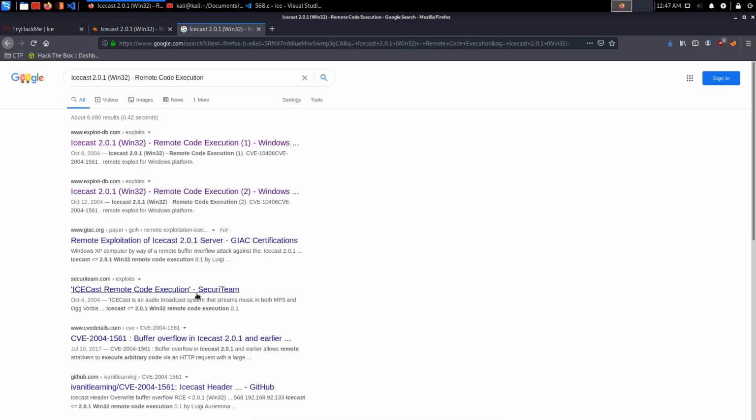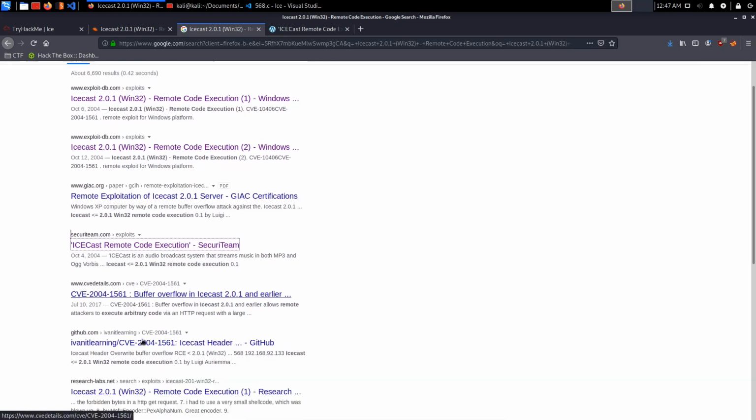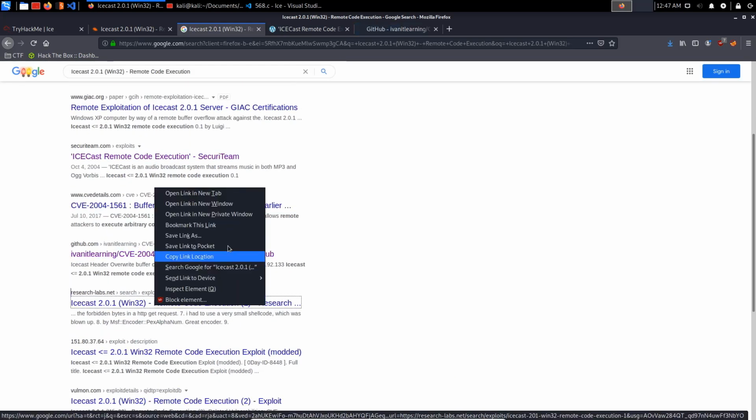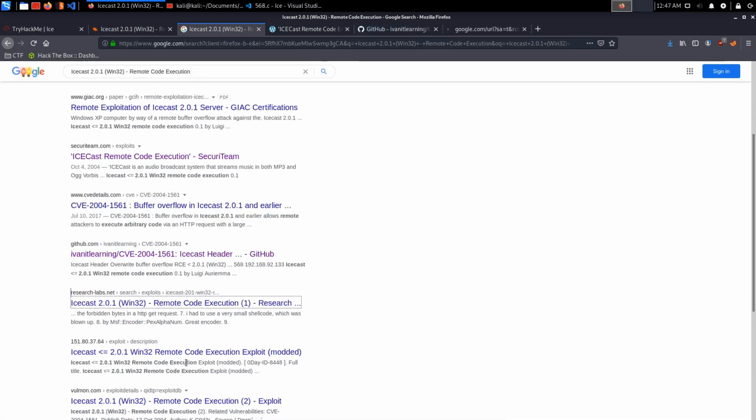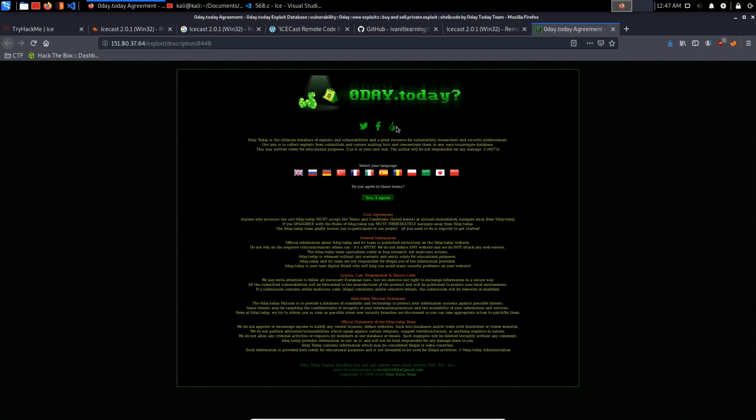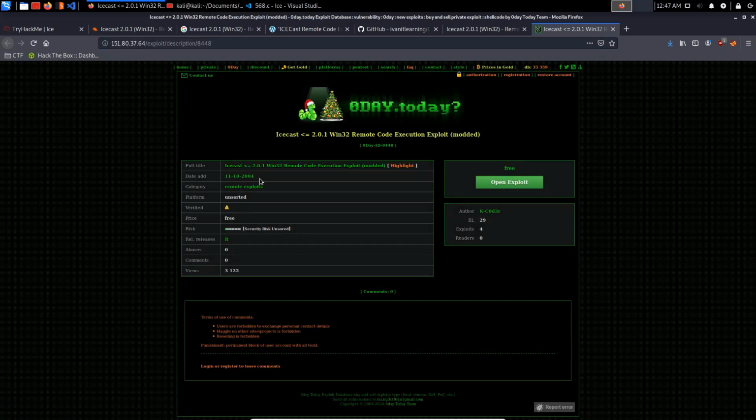So it looks like, let's check this out. That was posted in October 2004. And then there's the CVE details, and here's a GitHub link. Let's check that out as well. And research labs, yeah, that looks good. And we also have a modded version here, so let's also take a look at that. Yes, I'll hit agree. And it looks like the IP is exposed here. That's weird. Anyway,